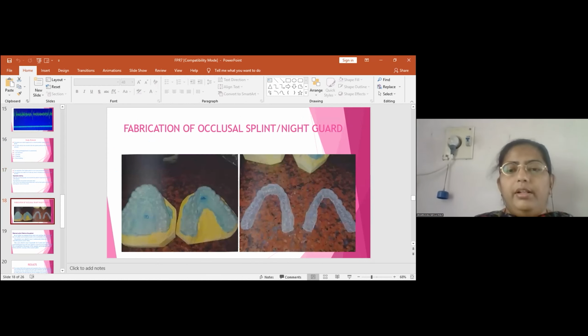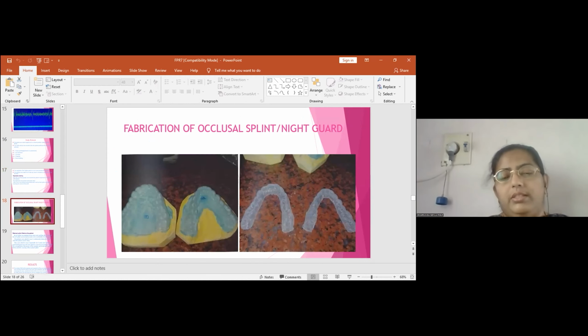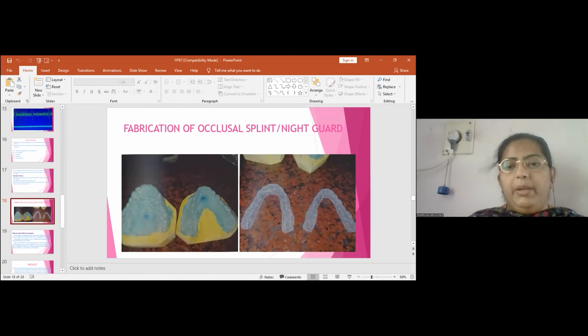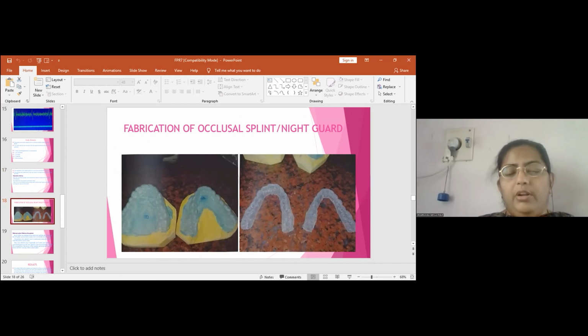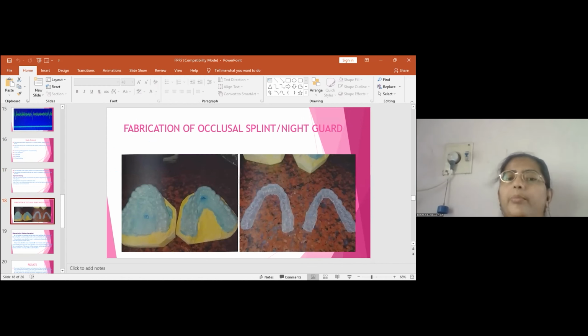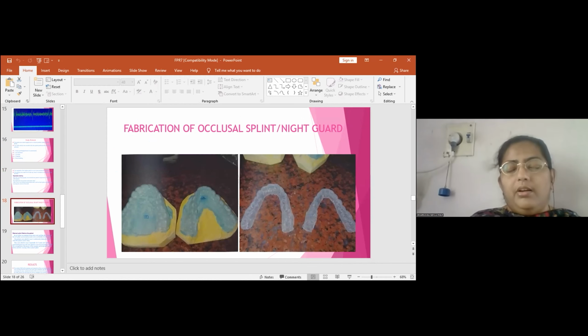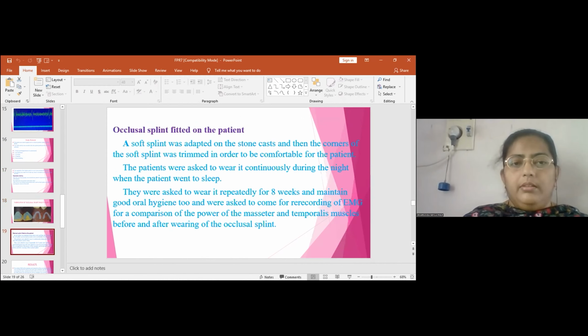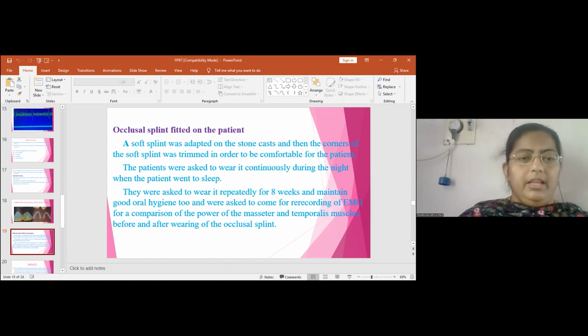And using the models, the right side picture shows a splint. The left side, the first picture, shows a model with the patient's teeth, and the occlusal splints were fabricated in a lab, and fitted on the patient. The patients were instructed to wear it during sleep especially, and to wear it repeatedly except while having their food and water, for 8 weeks continuously,